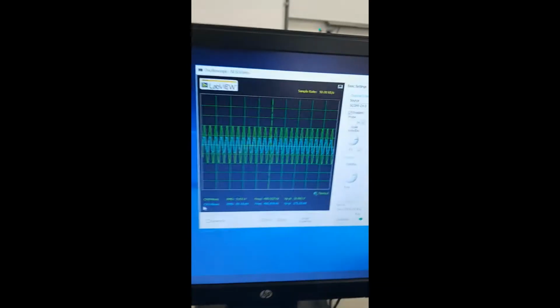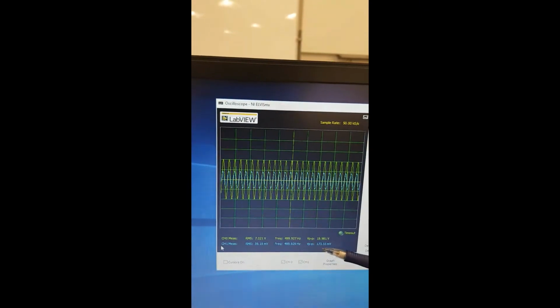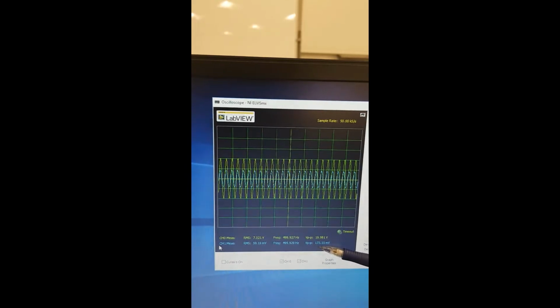Channel 1 is the output value. Which value do I need? The peak to peak, right? So I'll go to channel 1, the blue one. Which one is peak to peak? This value. So it's